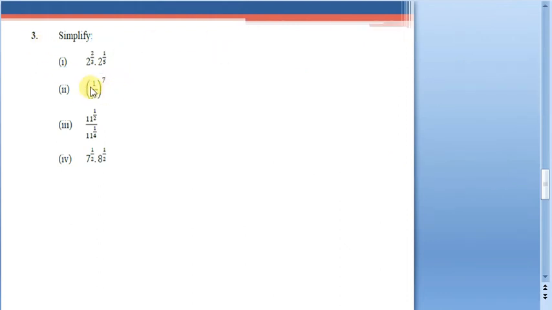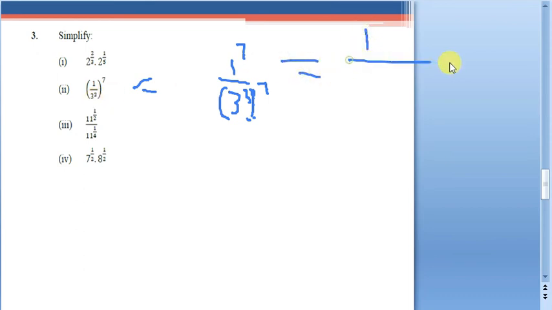The second one, 1 by 3 cube whole power 7. So this 7 will be applicable to both the numerator as well as the denominator. So can I write it as 1 power 7 by 3 power 3 whole power 7? Whenever there is an exponent for the entire bracket, it belongs to both the numerator and the denominator individually. So 1 power 7 is what? 1 into 1 into 1, 7 times, it will be 1 only. Now see the denominator part. 3 cube whole power 7, which is nothing but 3 power